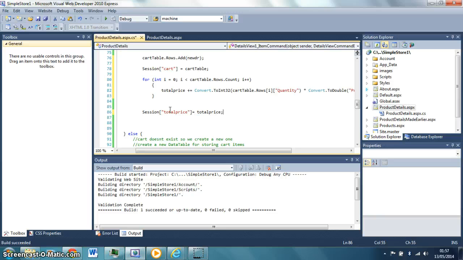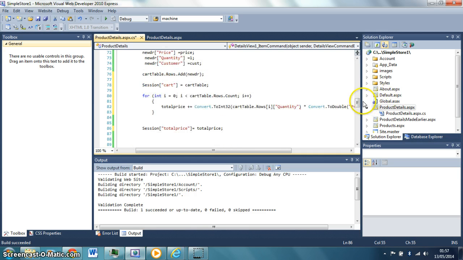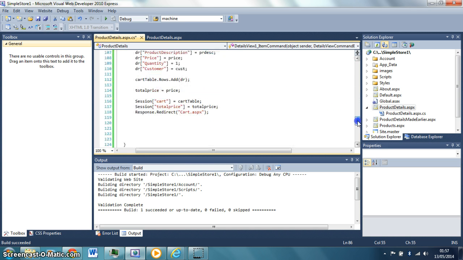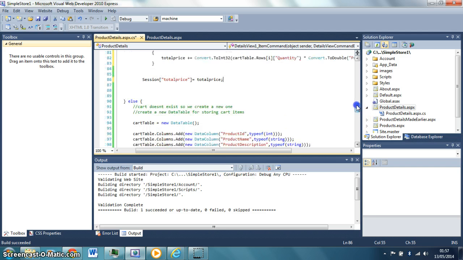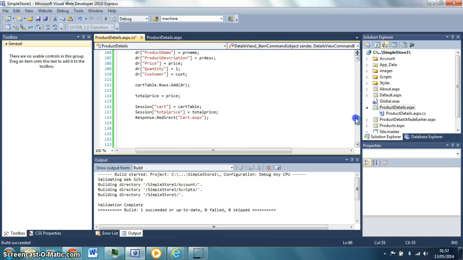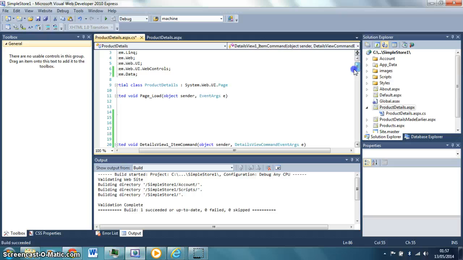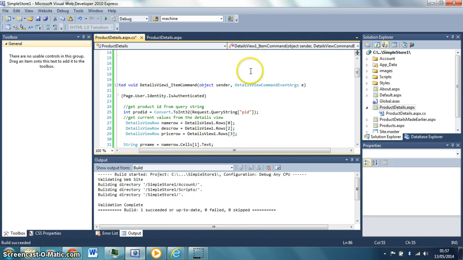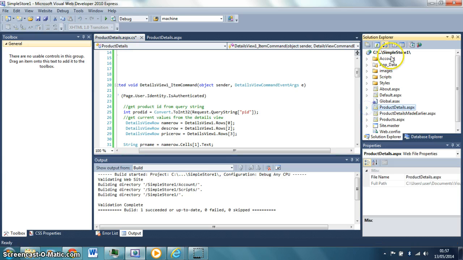Now we've covered all eventualities of adding to the cart. There's something already in the cart: we have added a new row or updated the quantity, and if there wasn't anything, then we created a new one. And in all cases, we have added the cart and the total price to the session. So we've done it there, we've done it there, and we've done it there. So that is our add to cart functionality finished. So well done. What we're going to do now is create a new page and call it